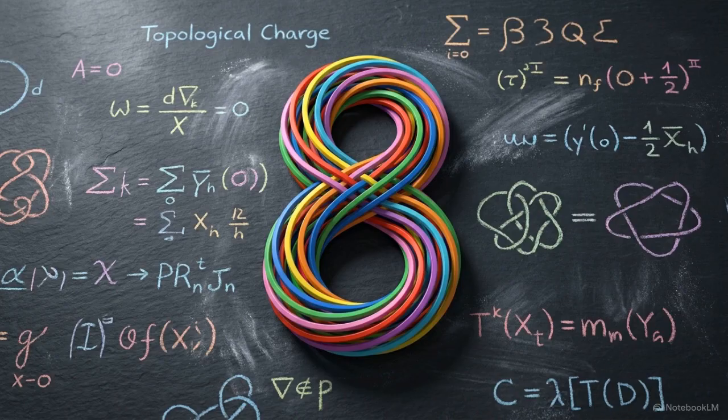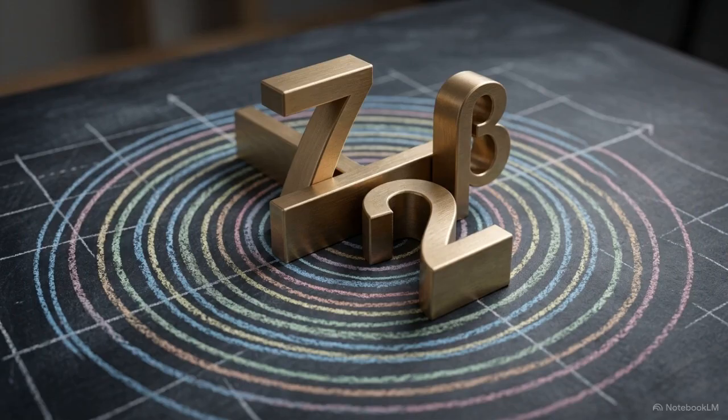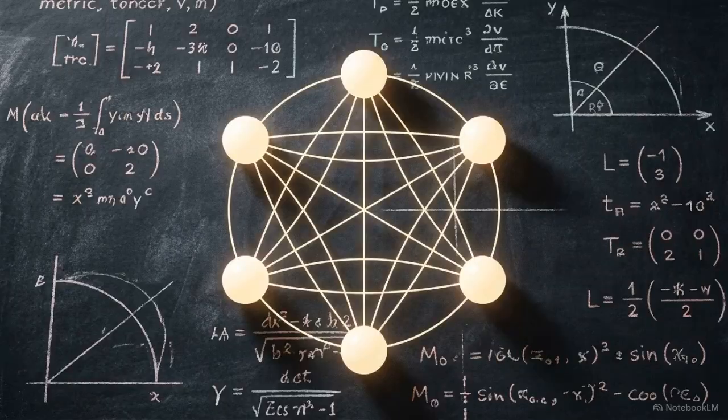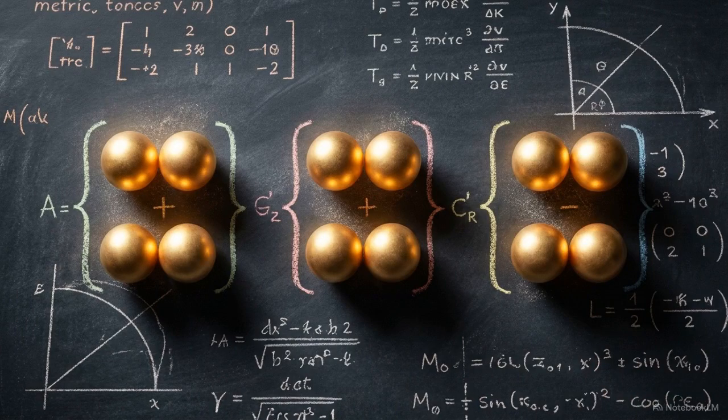Additionally, the total topological charge of these 8 lanes equals exactly 7/2. Setting this topological charge equal to the beta function coefficient aligns the internal geometry with the observed rate of change in force strength. This mathematical balance requires exactly 6 quark flavors, matching the 3 generations of matter we observe in